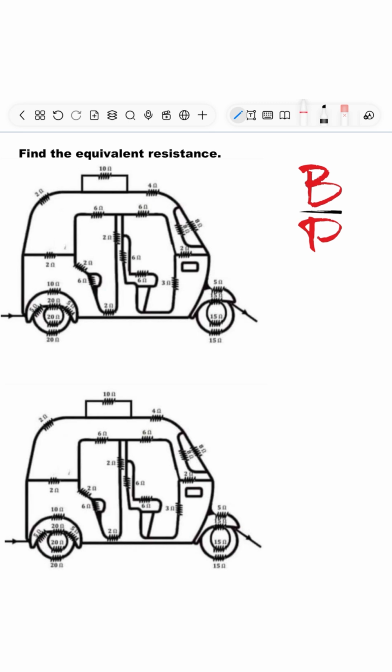Our today's problem is to find the equivalent resistance of this auto. It is a funny question, but it looks like a real auto. Okay, let's start the solution. So first, we duplicate this image,